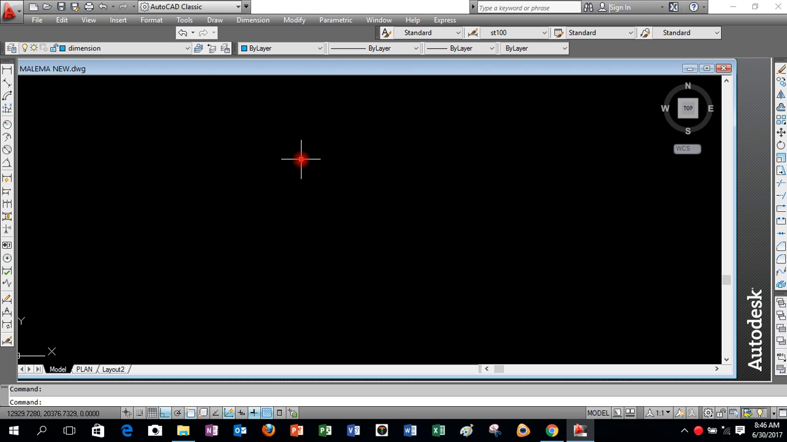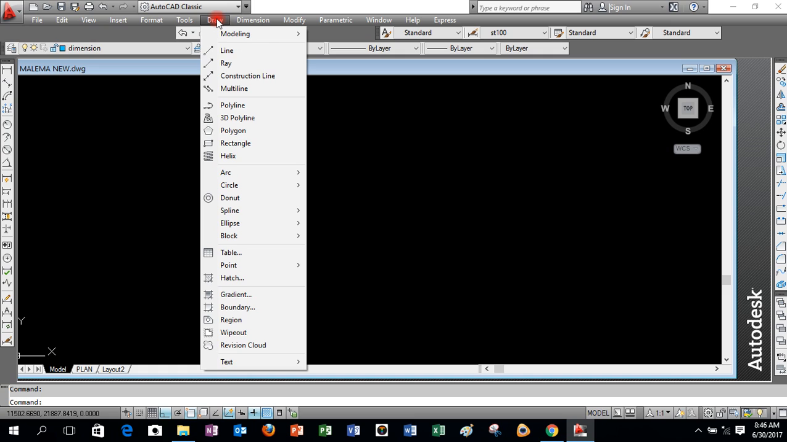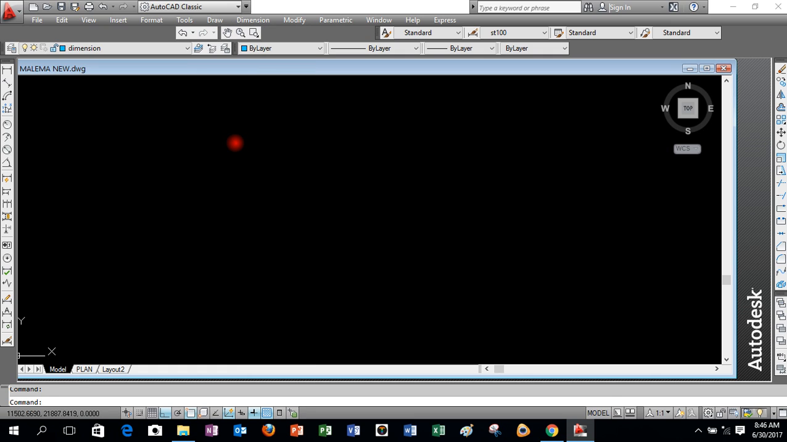In the first instance you can use the icon, or you can use the pull down menu, or you can use the dynamic input. If you use the pull down menu, you go to Draw, Rectangle. Then it says specify the starting point, so the first corner we will specify. Then since we have the dimensions that we want to use, you are going to select, in this case, you have the area,